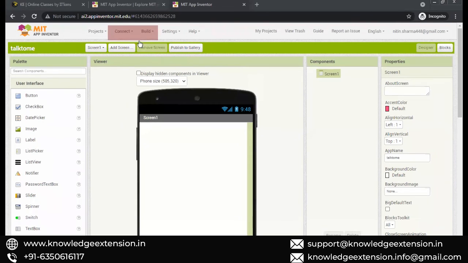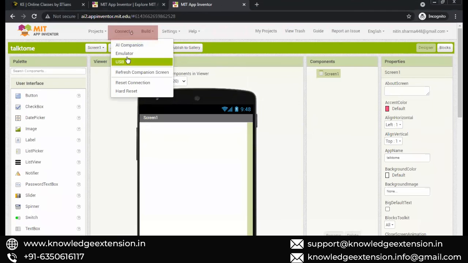Connect basically has three things: AI Companion, Emulator, and USB. USB you can use to connect your computer or development machine with a mobile phone or a tablet. When you connect it, you can directly test the application in real time on your phone. Understood?